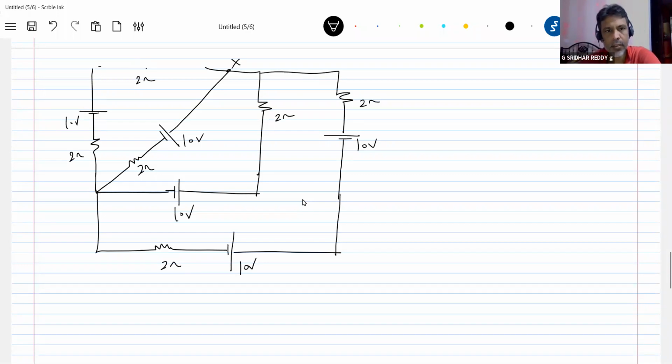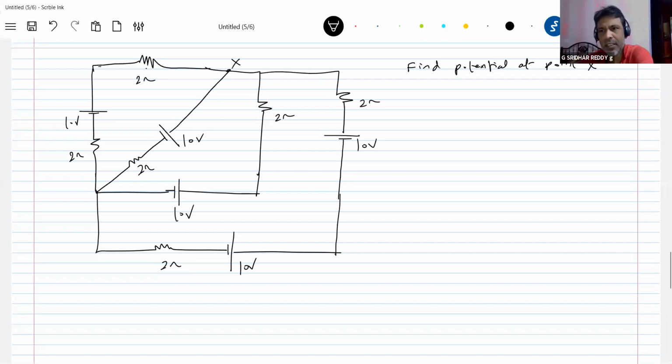You have to find out the potential at point X. Once you know the potential at point X, determine it. You can define zero potential in a circuit. So this circuit is there. What are the options available for us? We can go for